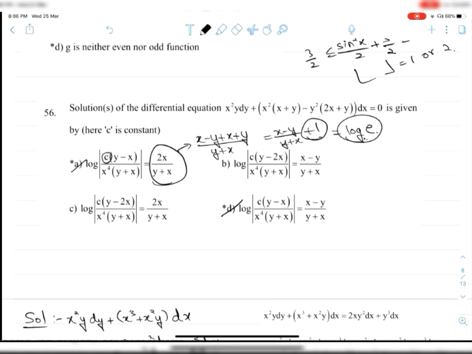But in the rest, it's very clear. We have y minus 2x and y minus x by y plus x, but this part was x power 4. No, sorry. This part was y minus 2x. So b and c won't be the answer. But a and d are the same, but integration constants will be different in both the cases. So that is the idea in this question.